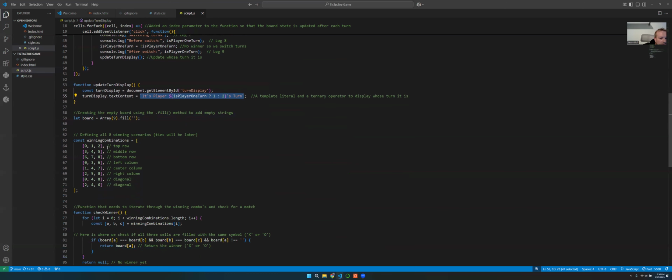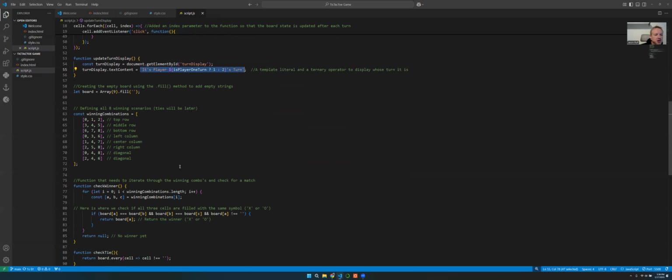And then here's our winning combinations. I don't know if I cheated and took the easy route out here, but since a 3x3 tic-tac-toe game only has 8 winning scenarios, I just went ahead and listed them all. So if we can picture our array with 9 spaces, that will be elements 0 through 8. So we just did the winning combinations here, and I kept track of them with these notes: top row, middle row, bottom row, the left column, center column, right column, and then our 2 diagonal scenarios